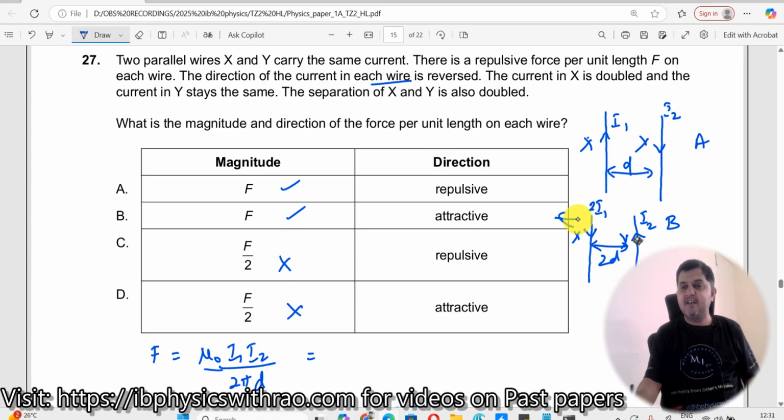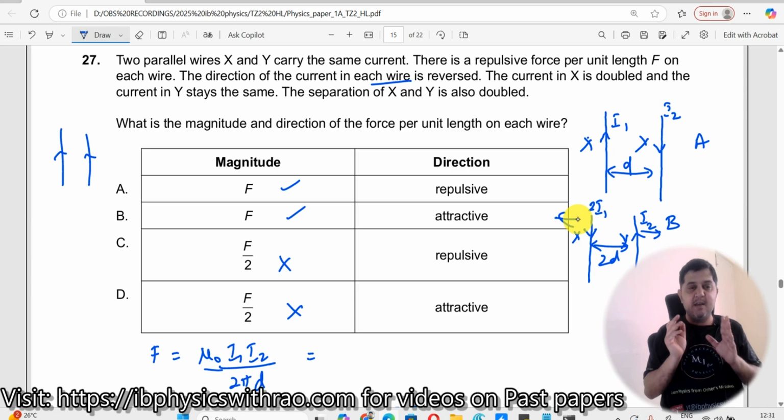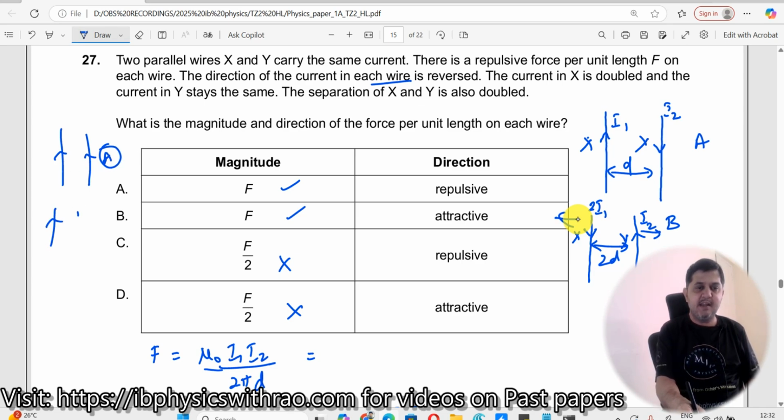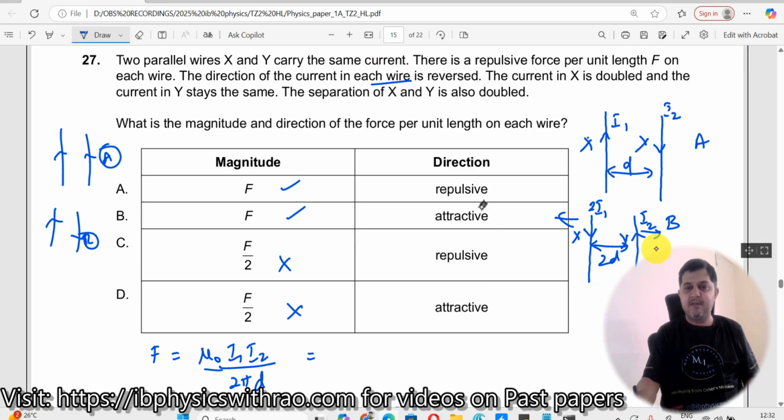There will be a repulsive force, right? It will not be an attractive force. Attractive force will come only when two currents are moving in the same direction. So this is your attractive force. Repulsive force would be when it is like this, the opposite direction. So here also it is opposite direction. So therefore, repulsive here. So the option here is